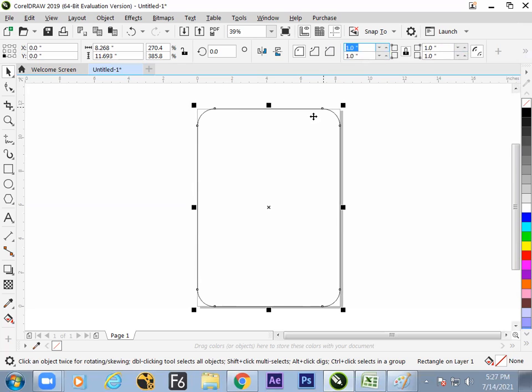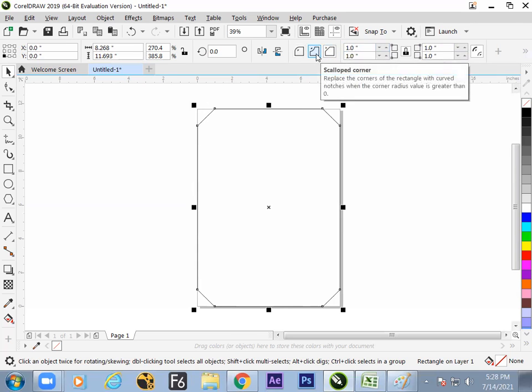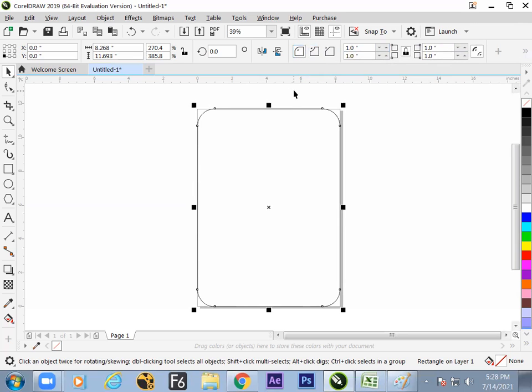This is round corner. Instead of round style, we can go for different styles also. This is scallop style, and this is bevel style or chamfer style. Round, scallop, chamfer. So 3 corner styles are there.